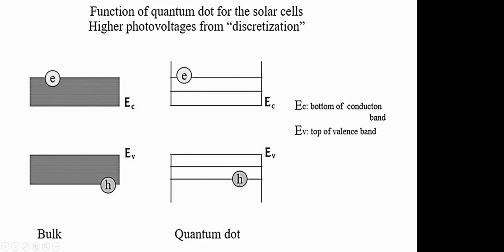Whereas in the case of quantum dots, what will be the advantage? If you excite an electron from the valence band to the conduction band, the electron can go from this state. In between there is no state in the conduction band, so it will come to this. It will release the discrete energy, equivalent to the energy difference between the two conduction band energy states, or it can get thermalized and then release that energy, and that energy can be reused as well. We will see how it is possible, and why this concept is very important.